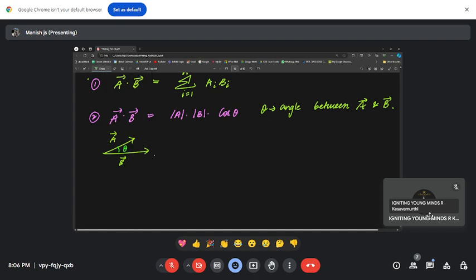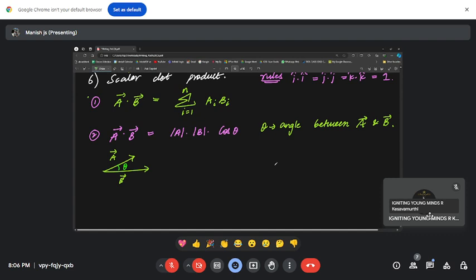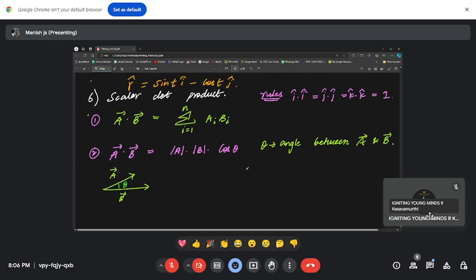Then this formula is applicable. So the dot product can be evaluated in two different ways. First, you just have two vectors with no information about angles, so you can directly use the first formula. Second, in case there is an angle relation, you can make use of the second formula. It purely depends on the way the question has been framed and the data sufficiency of the question. You will wisely choose whichever formula needs to be used. So these are the two different aspects.